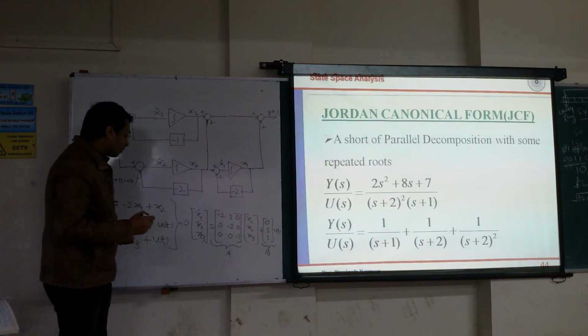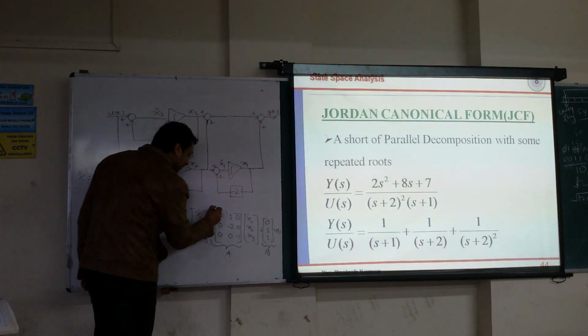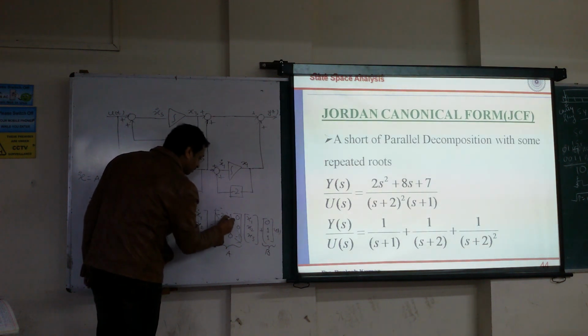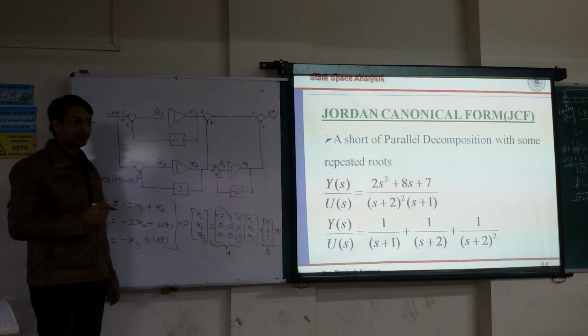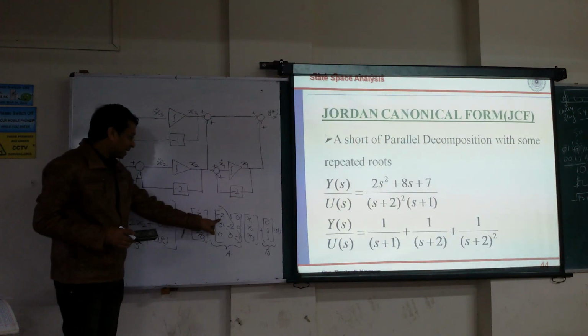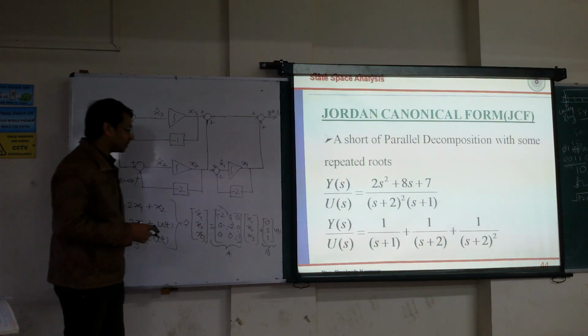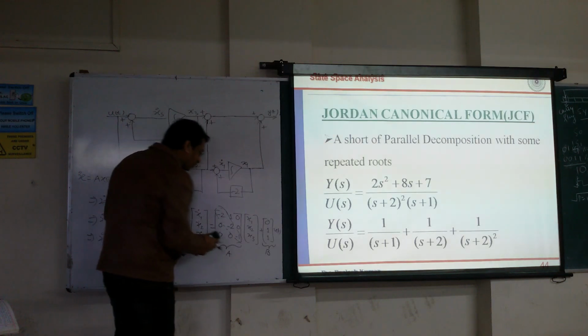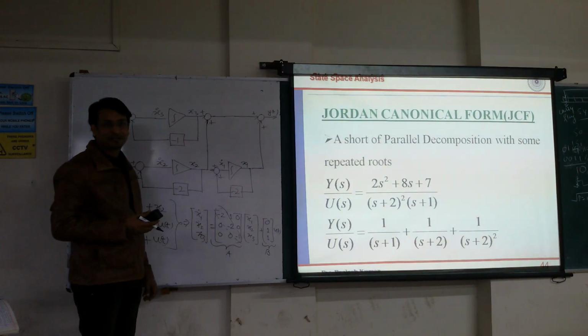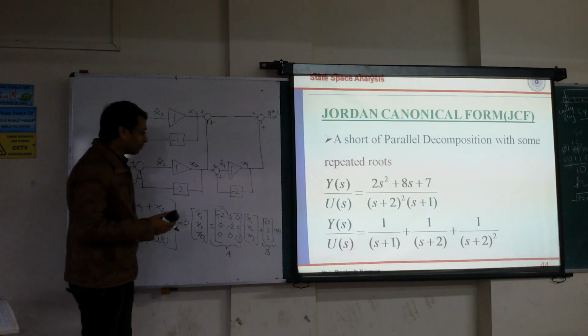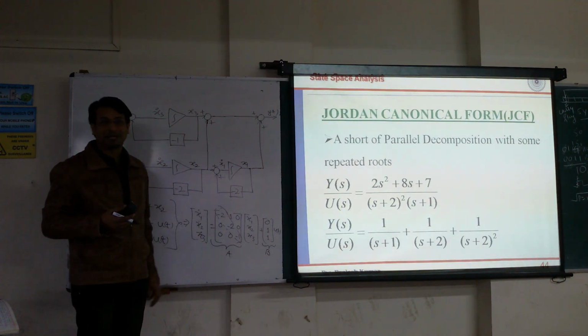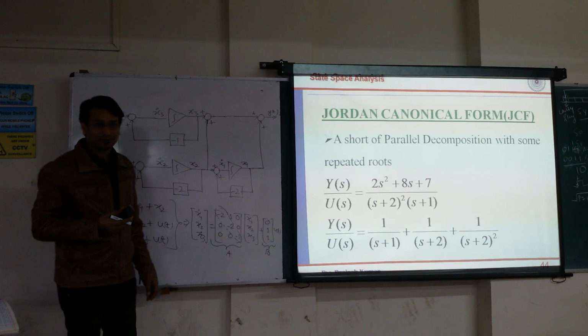Try to notice it here. Once again, the roots appear on the diagonal: the roots are -2, -2, -1. So just by seeing your system matrix, you can say whether your system is stable or not. All the roots lie in the left half of the S-plane, so the system is stable. So you have followed your control system course. I am also uploading the control system course in parallel. You can take the course from YouTube.